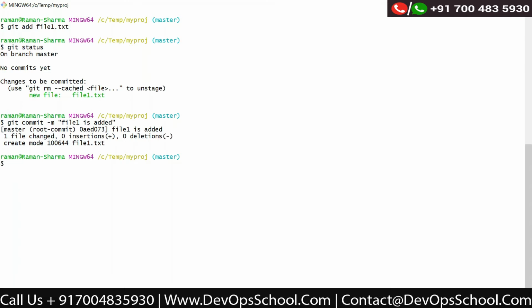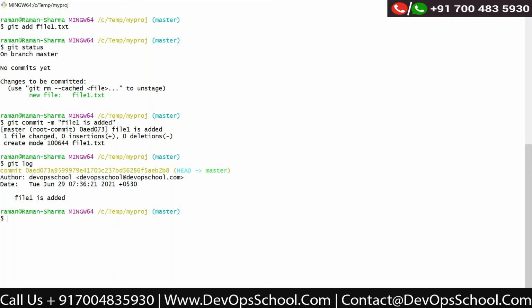Now how can you check your repository? You can run the command git log. Here it is saying that you have done one commit, and you have to give some meaningful message here, so that when you see your git log, you can understand what commits you have done.